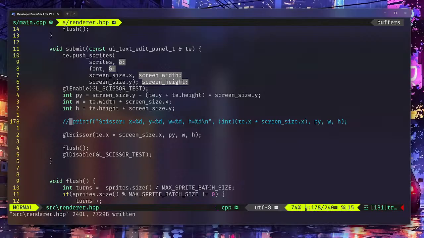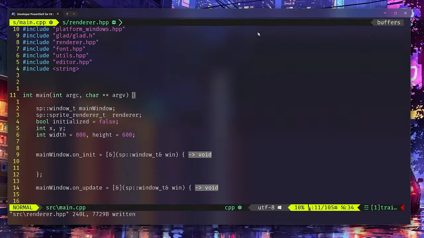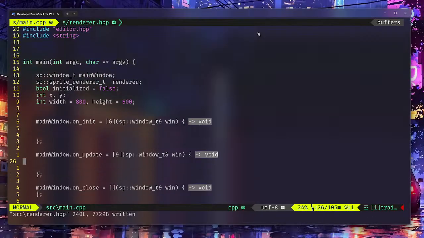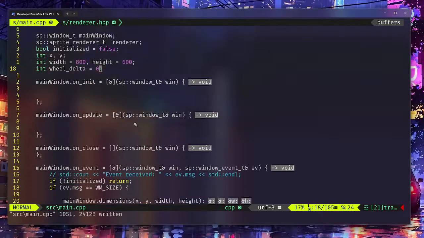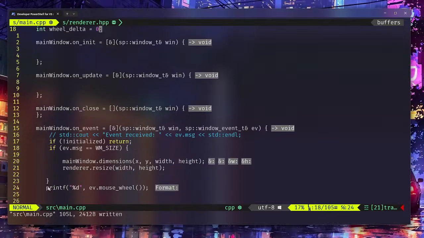For now, we don't need this. And yeah, so we can have something like,